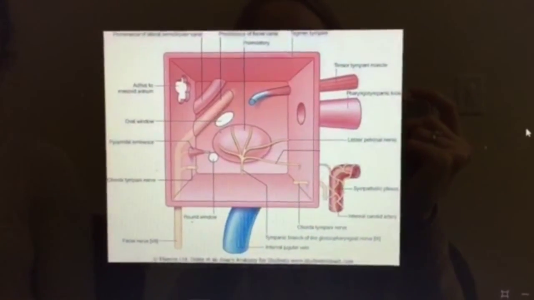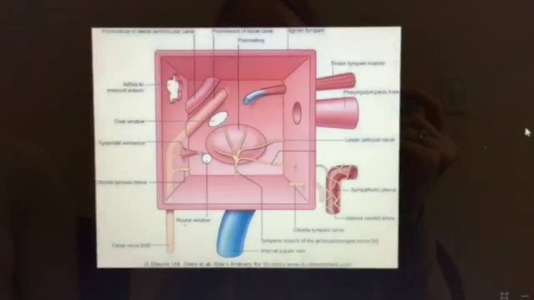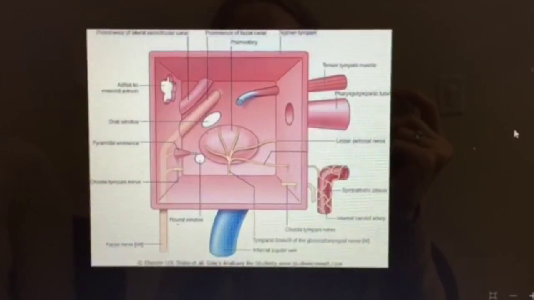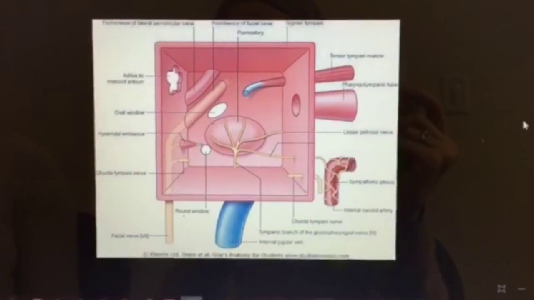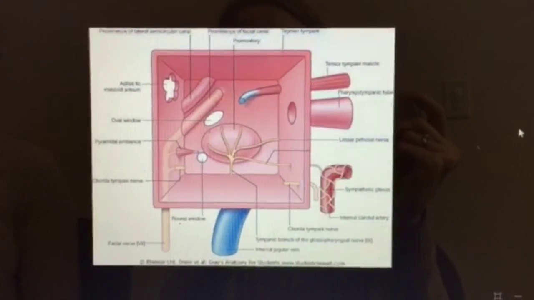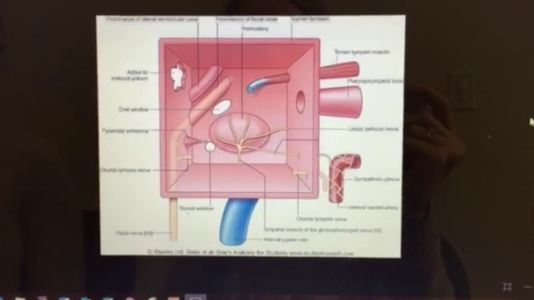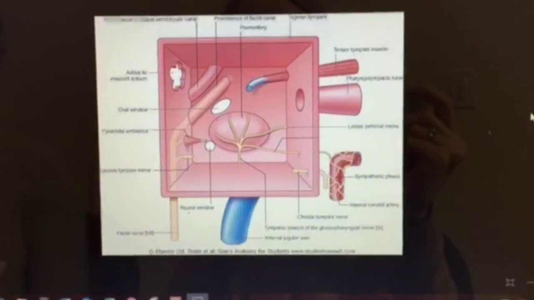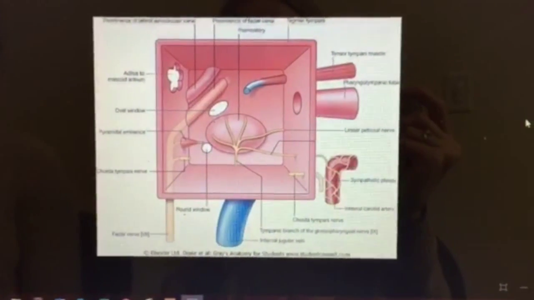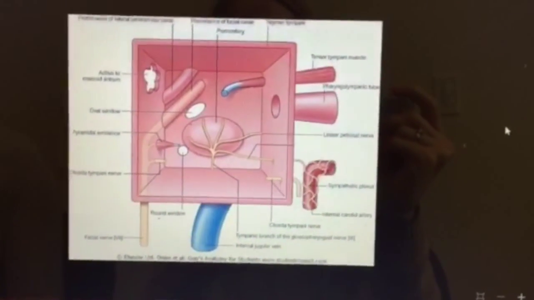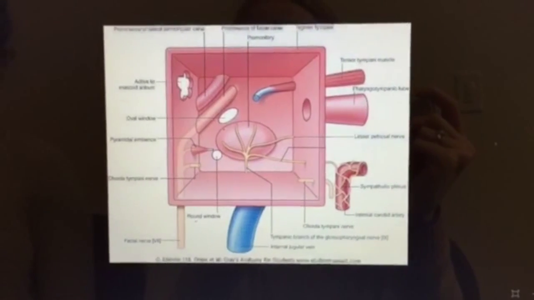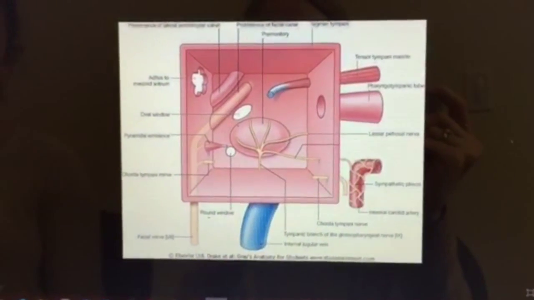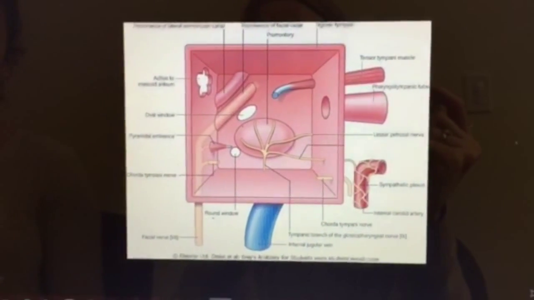The superior wall is the wall on top, which contains one landmark known as the tegmen tympani. The tegmen tympani is a thin sheet of bone that separates the middle cavity from the meninges. The inferior wall is the lower wall, and this also contains one landmark, which is not really pictured here, and that landmark is the jugular fossa. The jugular fossa holds the jugular vein, and the inferior wall is a tympanic plate that separates the jugular fossa